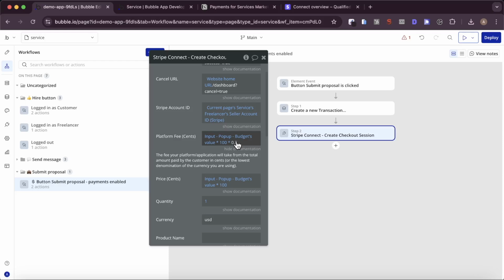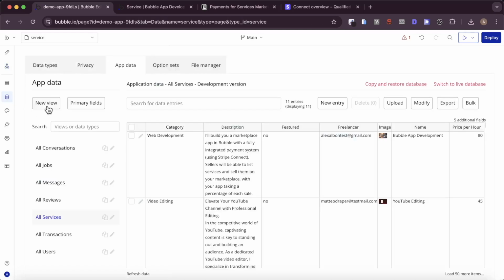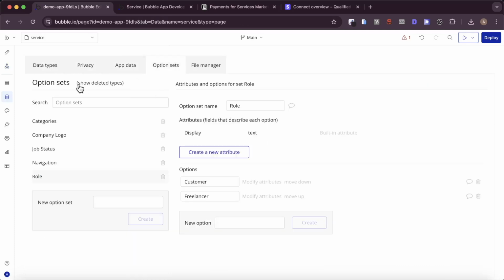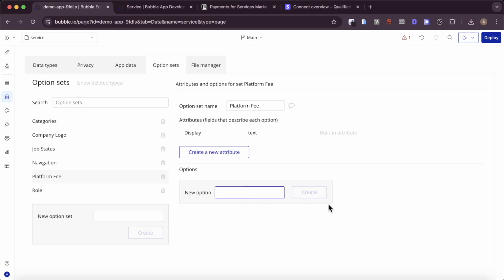Or what you could do is sometimes it can be nice to have a kind of centralized place where you're referencing this rate instead of if you have multiple of these actions in your app. What you could do is in data, in option sets, you could say new option set, platform fee, create that, and just say commission,